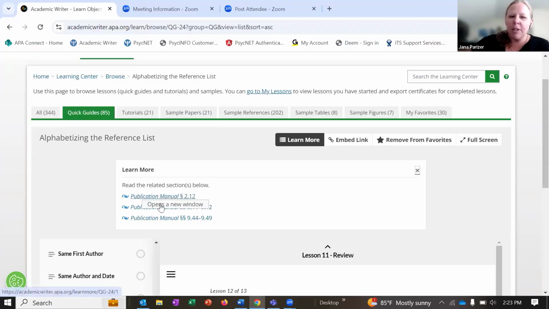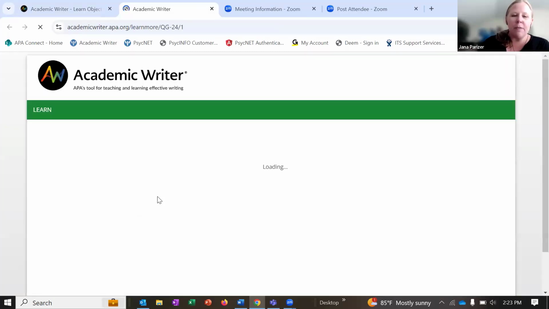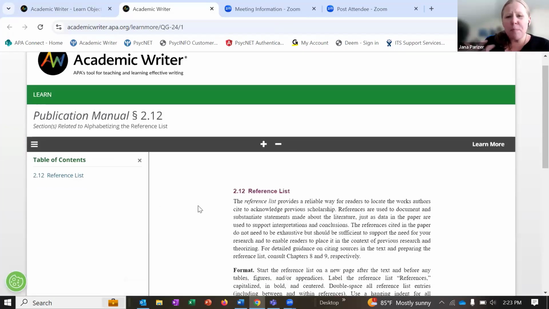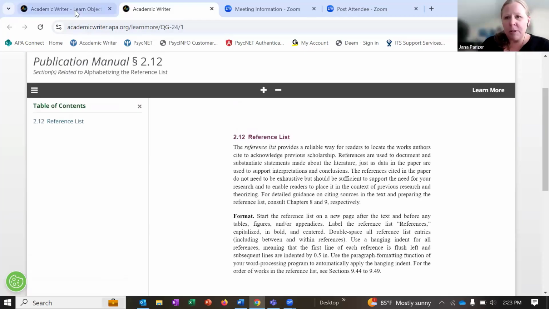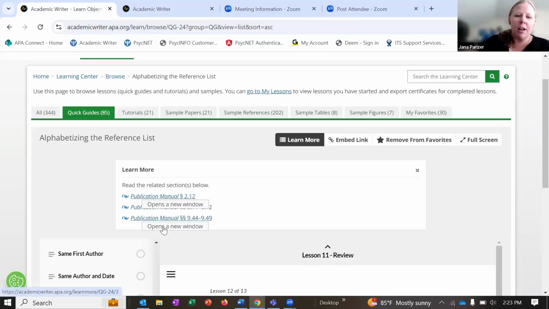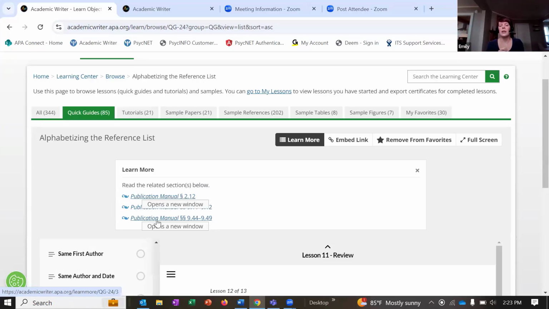If you click into it, it's literally just that section. You can't navigate out of it, but it helps add context to the lesson itself for students who want to read more. So it's not cover-to-cover access of the publication manual, just those specific pages, but it can still be very helpful.